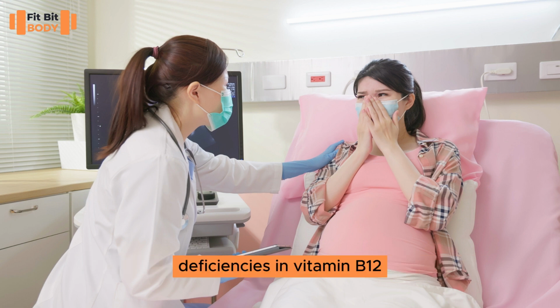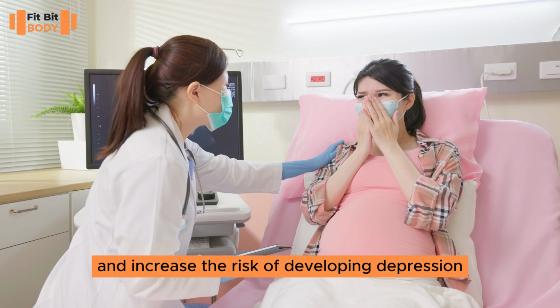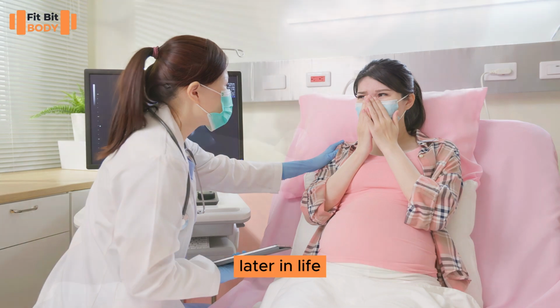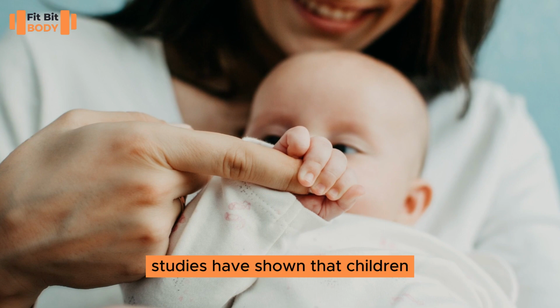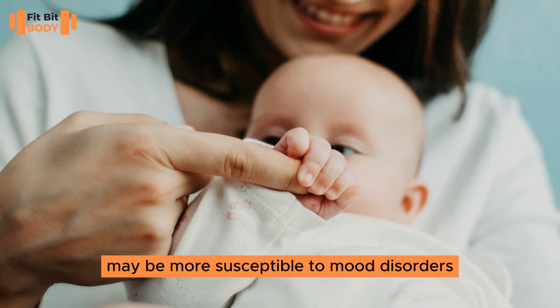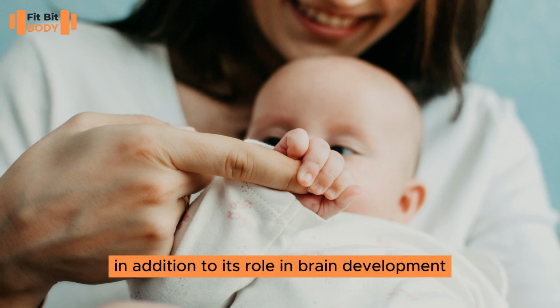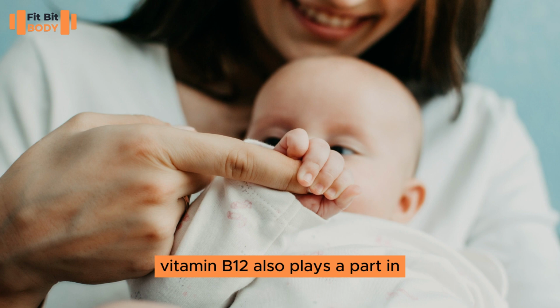Deficiencies in vitamin B12 during these critical stages of development may have long-lasting effects on brain function and increase the risk of developing depression later in life. Studies have shown that children who experience B12 deficiency during infancy may be more susceptible to mood disorders as they grow older. In addition to its role in brain development, vitamin B12 also plays a part in the synthesis of